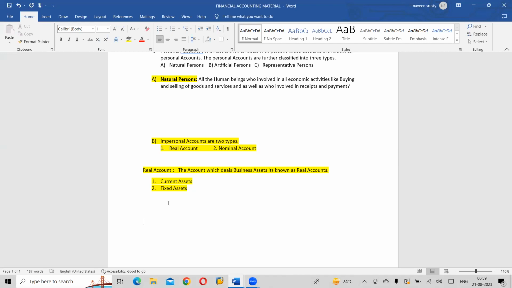And at the same time, what kind of fixed asset is it? Again, tangible fixed asset or intangible fixed asset. What do you mean by tangible fixed asset? The assets which can be seen and touched, like furniture, land, computers, whatever you call. And a business will have another type of asset also: intangible fixed assets. What do you mean by that?